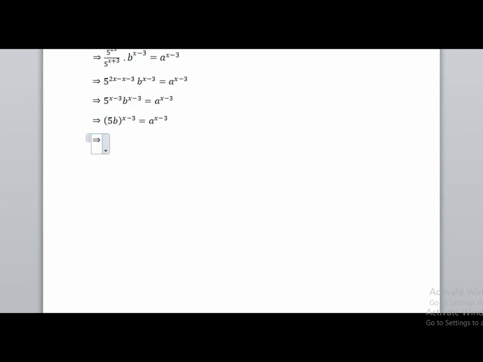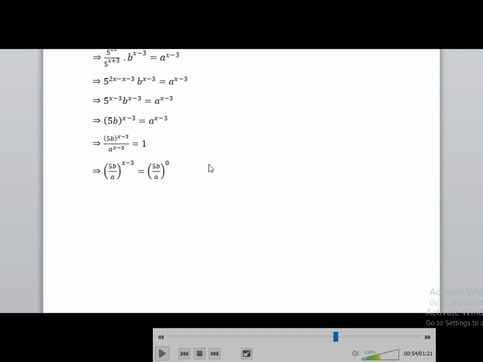Now we will divide both sides by a to the power x minus 3, equal to 1. Now you can write 5b by a to the power x minus 3 equal to 1. 1 can be written as any base to the power 0, therefore 5b by a to the power 0. Now, as the bases are the same on both sides, the powers are the same, and therefore x minus 3 equal to 0. Now x equal to 3. Therefore the solution is